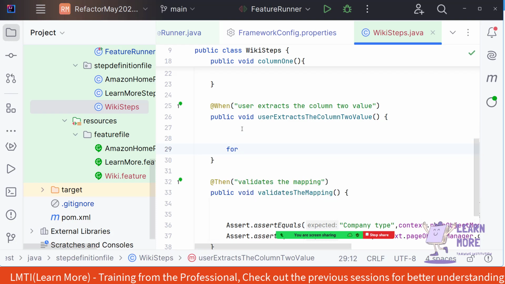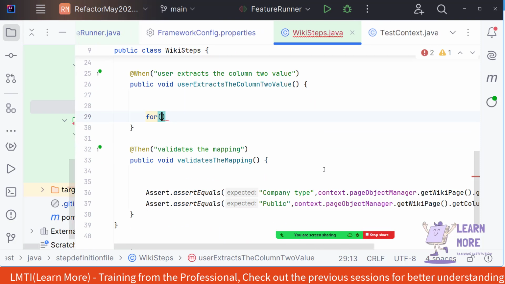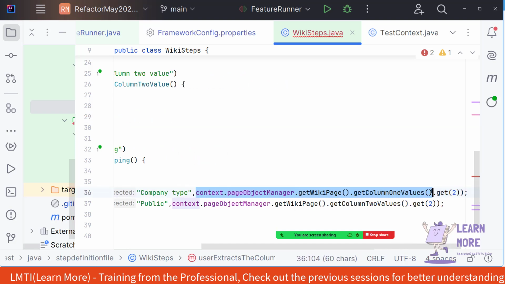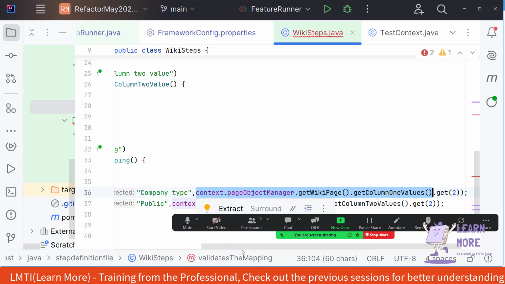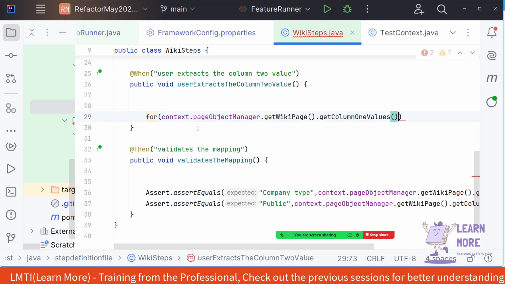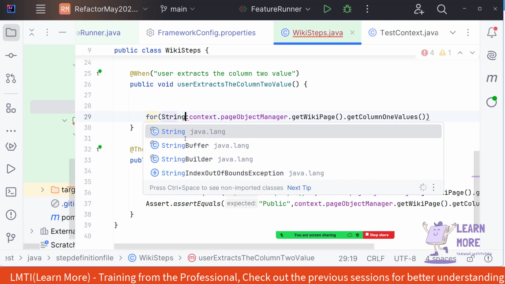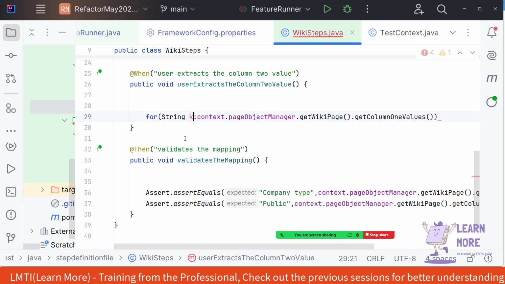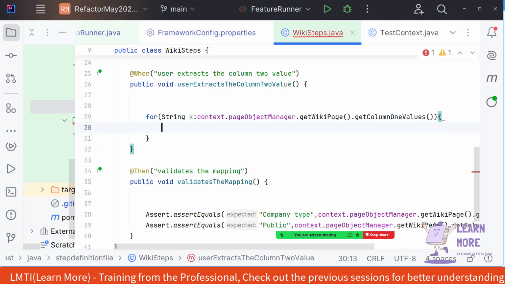So I'm just using the for each loop. Inside the for each loop, as per the for each loop syntax, we need to pass the entire list. We are passing the list as an input. So now if we pass this list as an input, what will be the output? The output will obviously be a string. So I can say String, and I can say some variable called k,